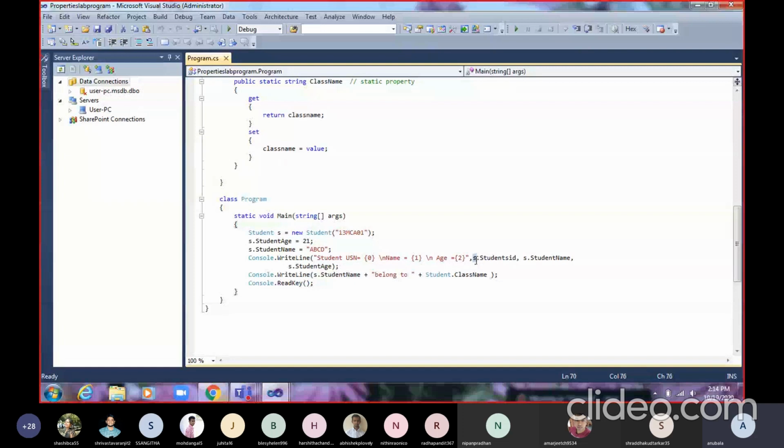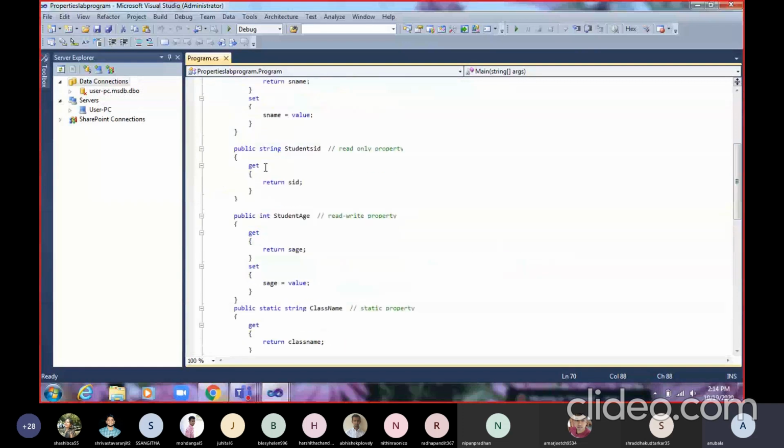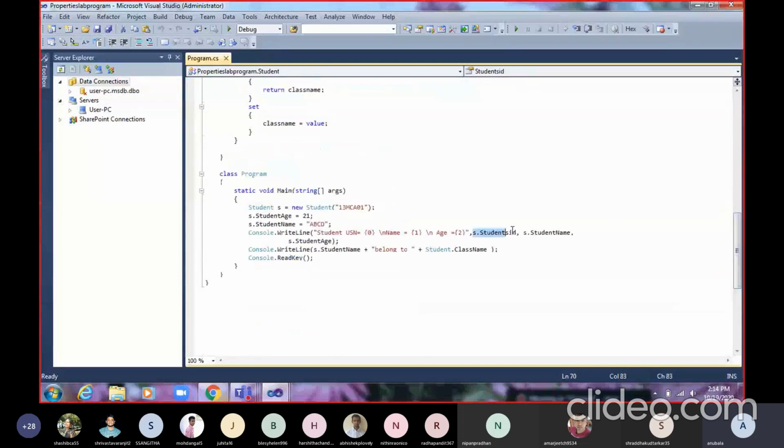Using object dot, the property name was student ID. If you remember, we created one read only property, and that will return the student ID. So to call that, I'm using object dot student ID, then object dot student name property, then object dot student age property. After that, I want to print the static property. So what I'm writing here is